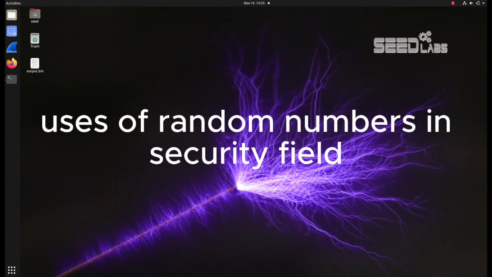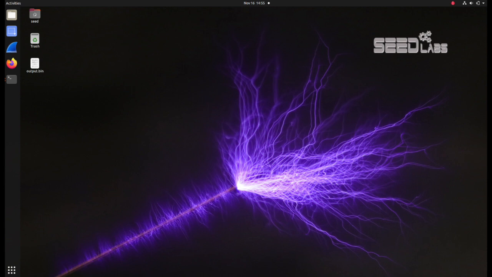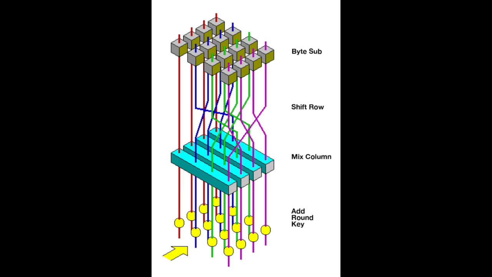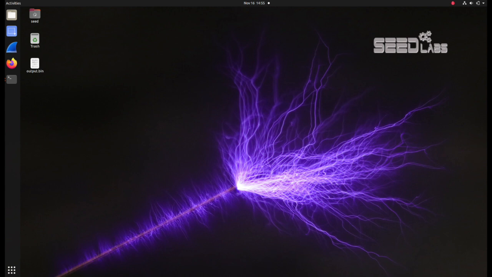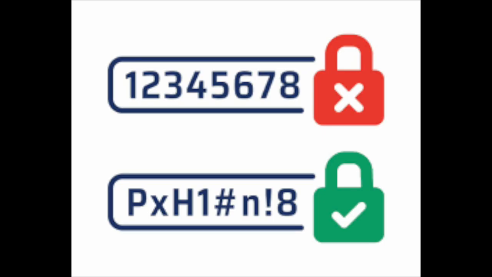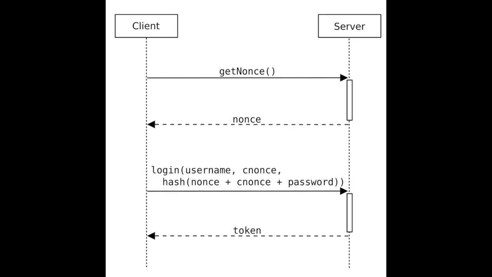Random numbers are used in security a lot. Here are some examples. Algorithms: random numbers are used in algorithms that need a key to be generated, for example the AES algorithm. We use random numbers to generate these keys. Also, salts. Salts are a string of characters that is attached to a password to defeat rainbow tables. Nonces. Nonces are numbers used once. We use these in a challenge-response mechanism or protocol.